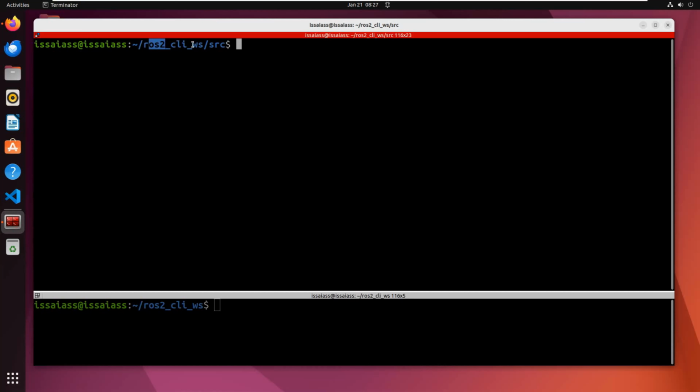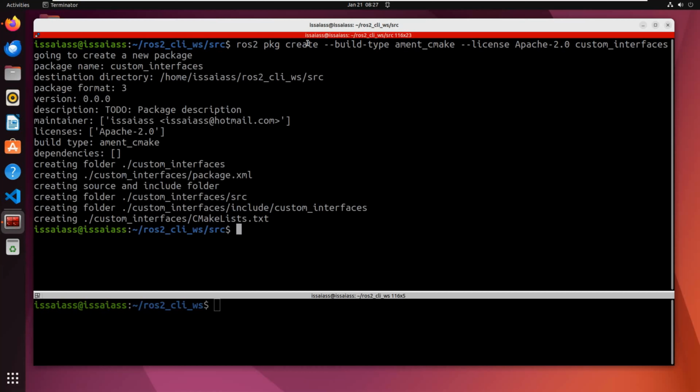Let's move to our source folder and create a package. ros2 pkg create --build-type ament_cmake. If we want to specify the license, Apache 2.0, and let's call it custom_interfaces. Let's build it. Now let's move and create a folder inside our custom_interfaces that will be holding the messages. cd custom_interfaces, mkdir msg,